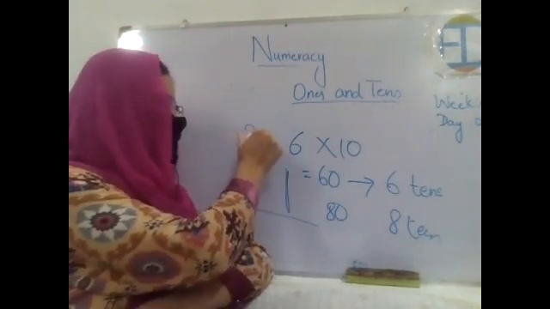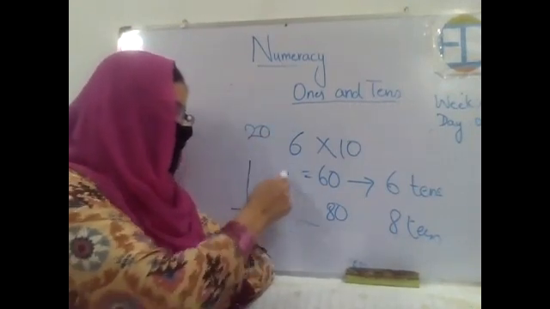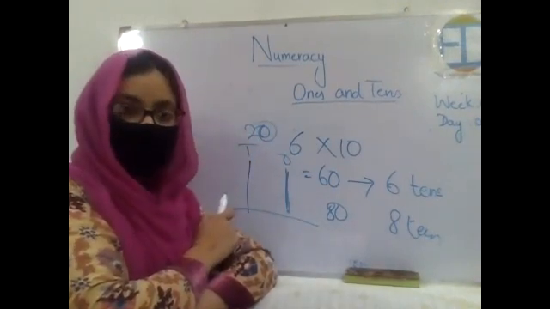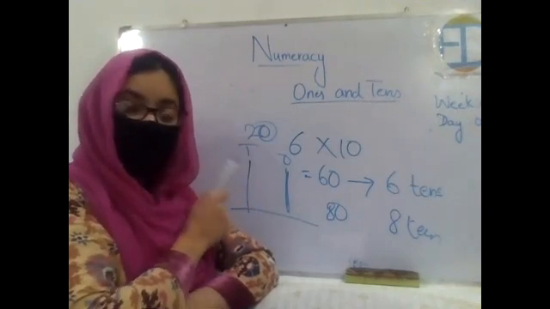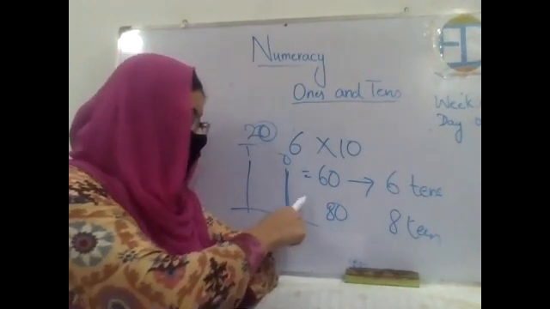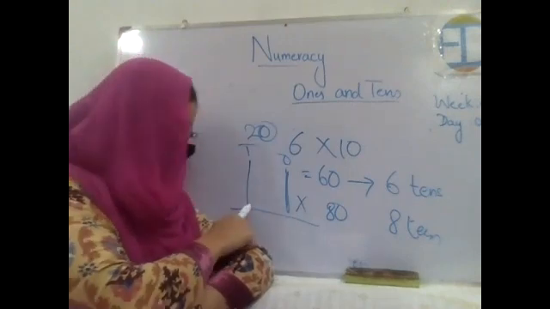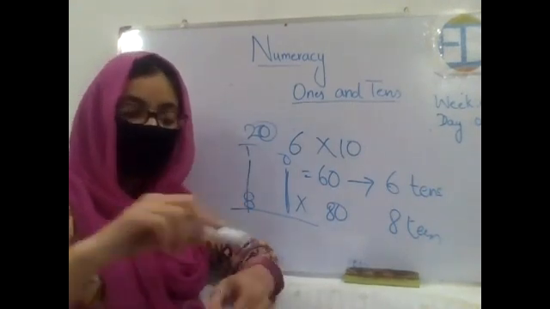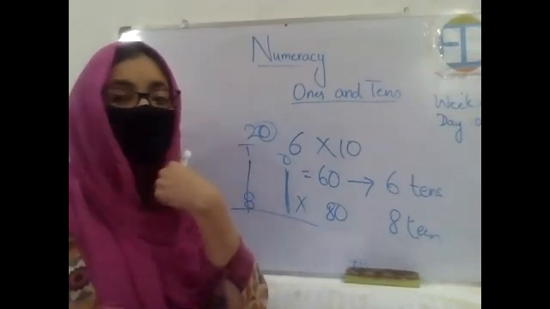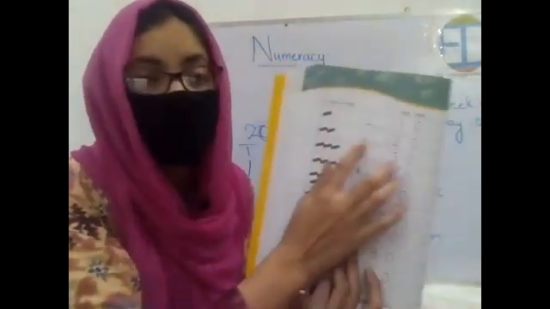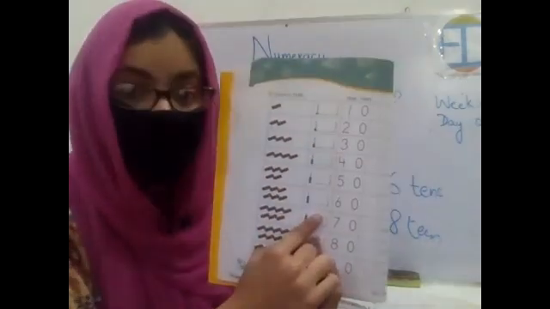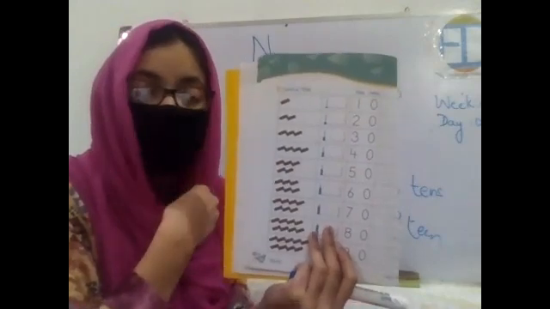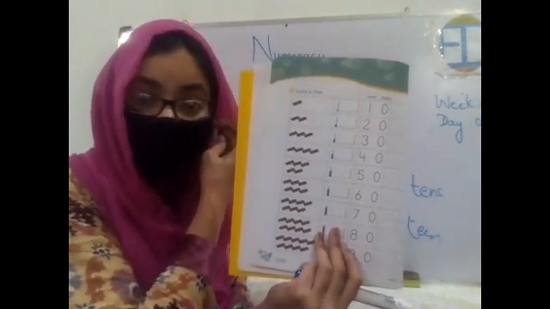Let's say the number is 20. How many number of beads will we have on the ones column? Zero. Why? Because we are writing the number in tens. So when we are writing the number in tens, we have no bead on the ones column. We will be having only two beads on this side. Then the number would be 20. So the common thing in all of these abacuses is that we have beads only on the tens column, right? No beads on the ones column. Got it? So this is how we write numbers in the form of tens.